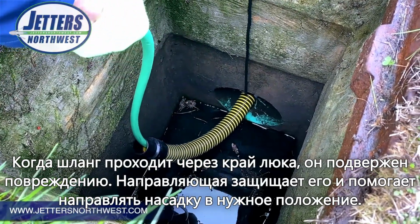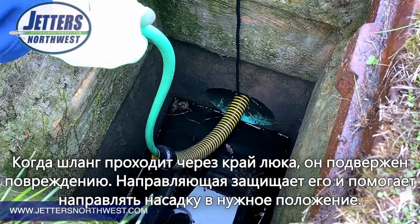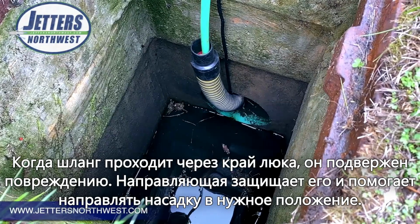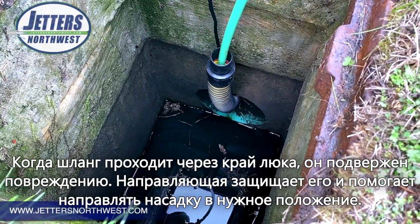Now, we can tie this hose off. I usually throw the grate over on top of it. You can tie it off to your vehicle, your trailer, whatever. And now we've got a guide there, again, protecting the jet hose from a sharp edge. And in a situation like, again, a deep manhole,